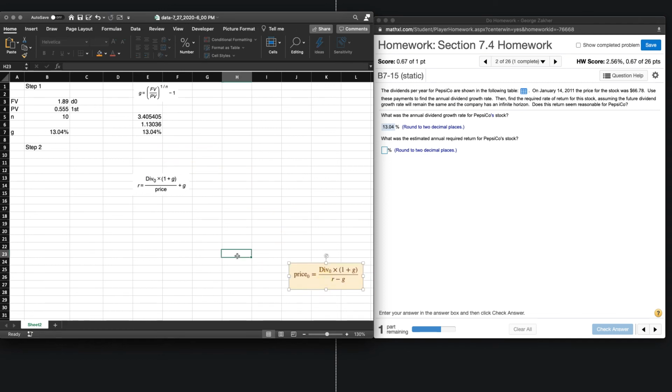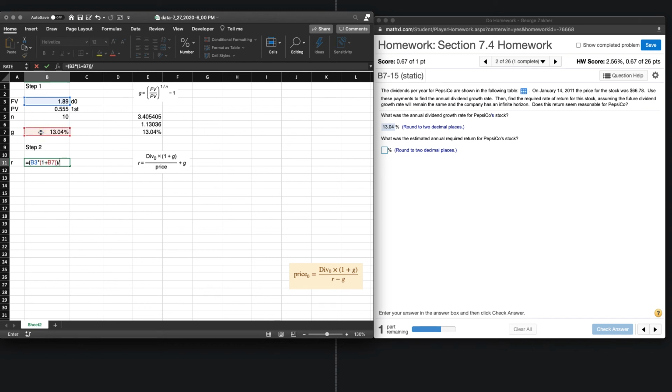Okay, so simply, sometimes it's not that simple in Excel, but we'll see how it goes. So dividend 0, okay, that's dividend 0. Again, it's the most recent dividend, so we understand that's the most recent dividend payout. Then we have to add 1 plus G, okay, so G is what we just calculated. Okay, we're going to divide the numerator by our price. So the price has been given to us,